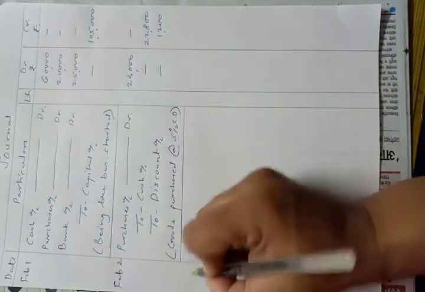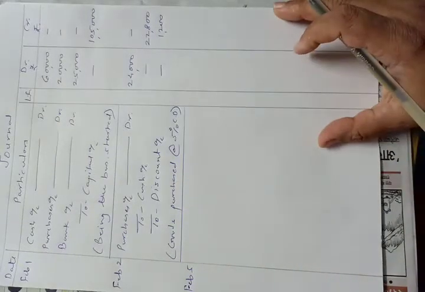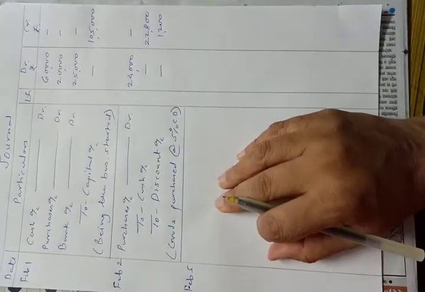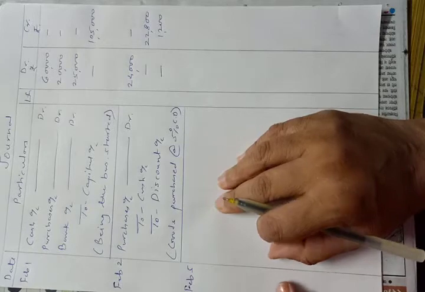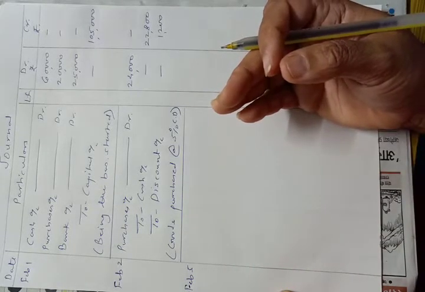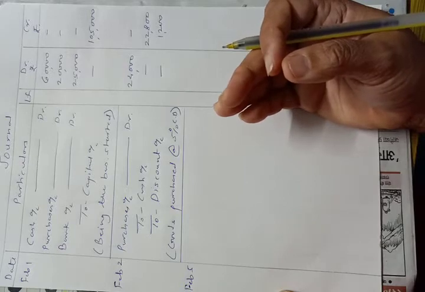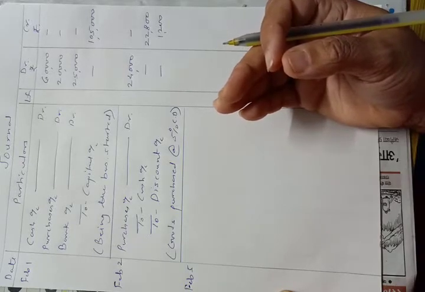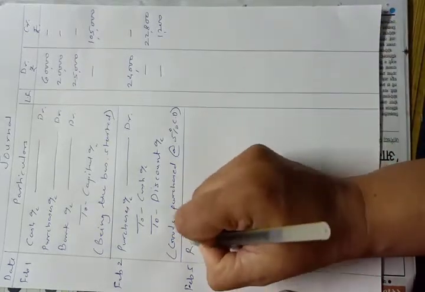Now February 5th. For this entry, that is entry on February 5th, no need of any working note because they told us that rent paid by cash 3,000, salary paid 2,000. So three accounts will be involved: rent account, salary account and cash account. Rent is our expense as we are paying rent. Salary is our expense as we are paying salary. So these two accounts will be debited, and as we are paying cash, cash is going out, cash account will be credited. So entry will be rent account debit,